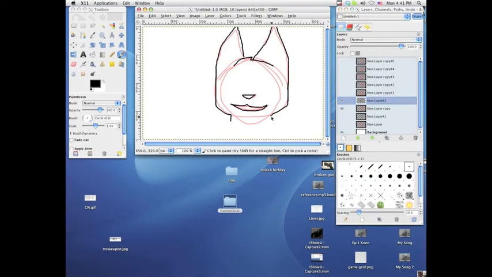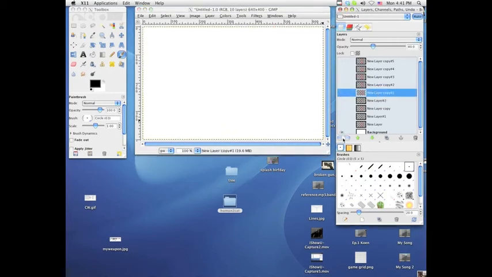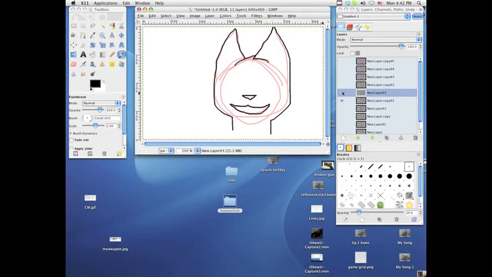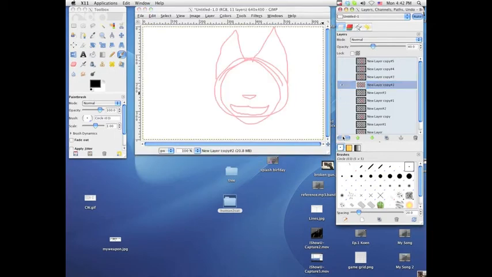So, show it, new layer, and you just keep on doing this until you're done, which may take a while. Not really for this one, because this is a really simple animation. Show it. This is really taking a long time. Actually, it's not that long compared to what I've done. Yeah, I've done a ton of animations, but I haven't just uploaded them, and I probably never will.